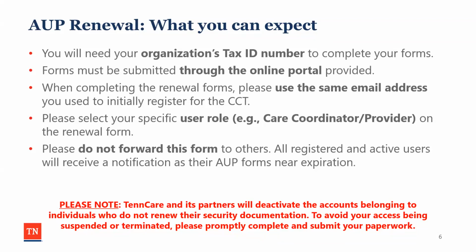We have one question about if you have a colleague who's maybe out for some time, they're on leave for some reason or another. How should you go about making sure that this person doesn't lose access to the care coordination tool? In that case, where there might be extenuating circumstances, we can certainly take that into consideration, and I would encourage you to contact TennCare directly at